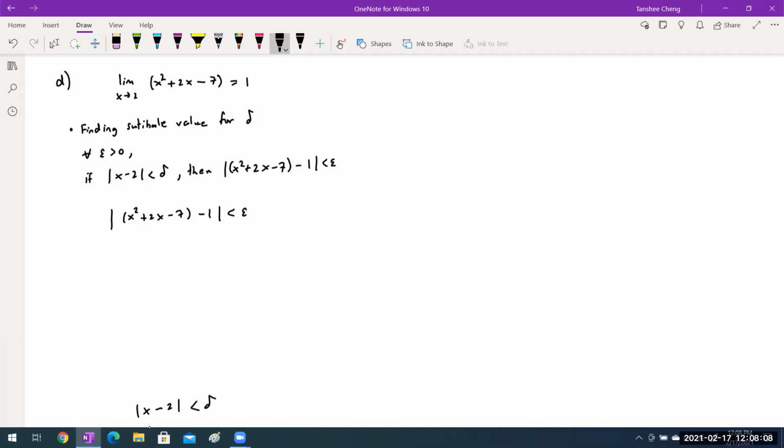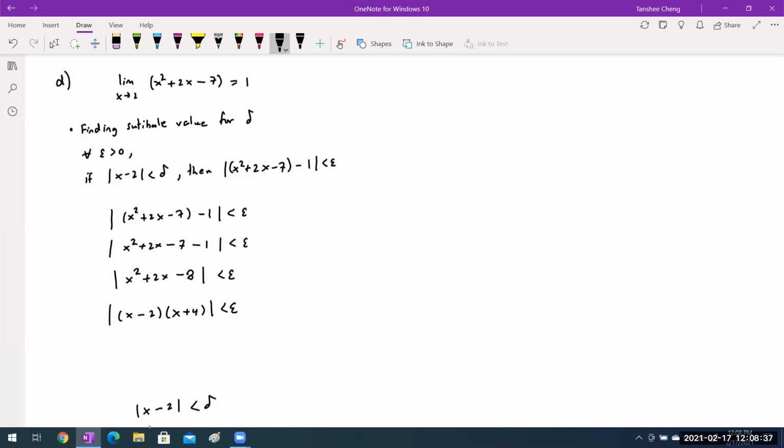Working it out as usual, x squared plus 2x minus 7 minus 1 is less than epsilon. Simplifying further, x squared plus 2x minus 8 is less than epsilon. Then the only choice we have left is factoring, which gives x minus 2 times x plus 4